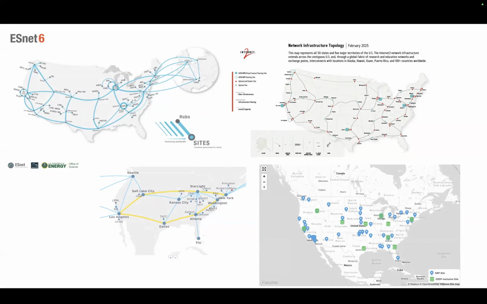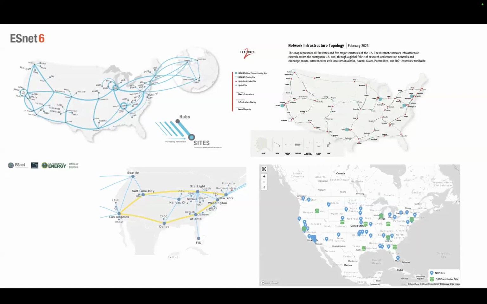Also, on the bottom right, it's a picture of the same dashboard that I showed earlier that shows the various National Research Platform sites. Of course, all of these maps are cropped purely into the United States just to fit in one slide. But you can see that there are international locations, and that has very interesting use cases. And on the bottom left side, you can see the FABRIC testbed.